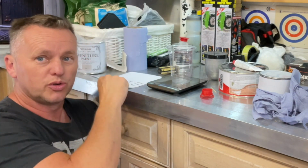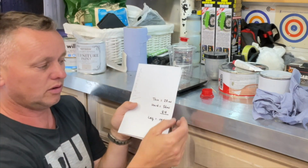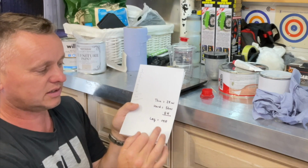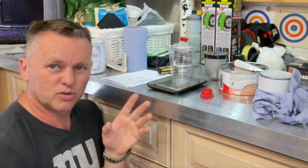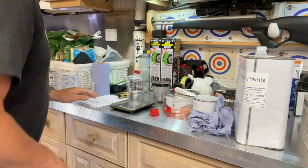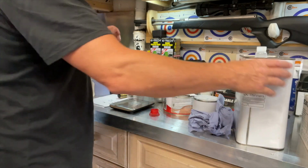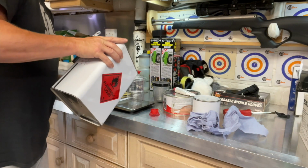So for 200 millilitres, we're going to use 28 mil of thinners, 56 of hardener, and the rest is going to be lacquer. That's very close. It's about 196, but it's close enough for me. So let's get that going on. We'll go with the thinners first. We'll try and get that in as close as we can to 28,